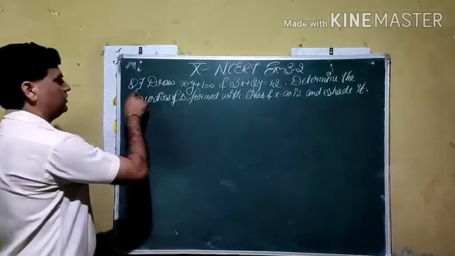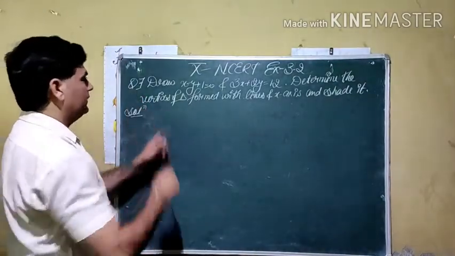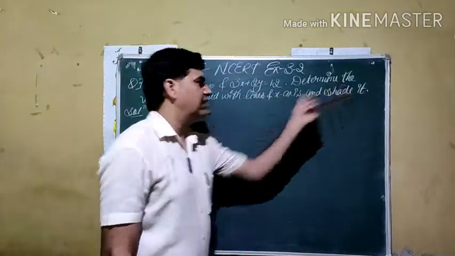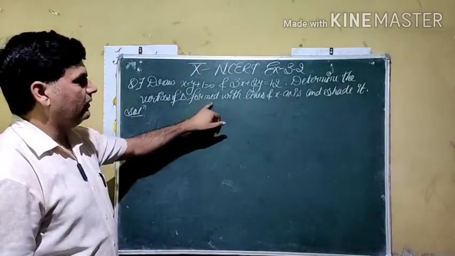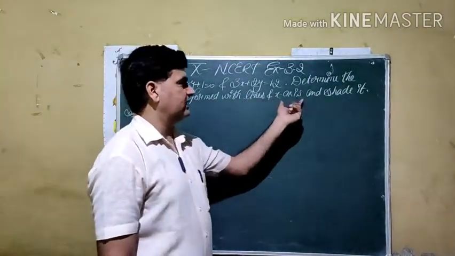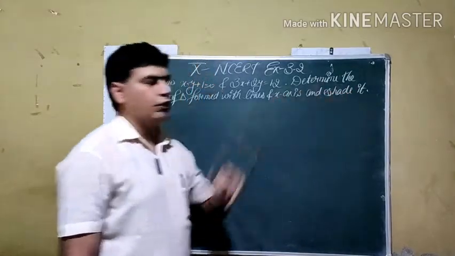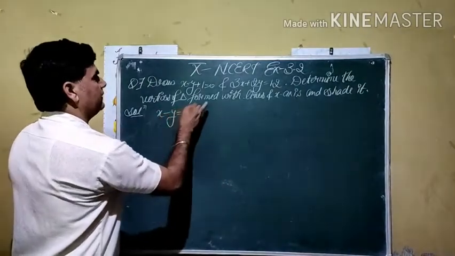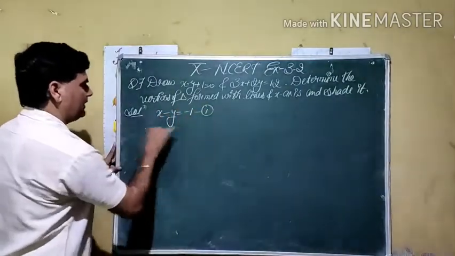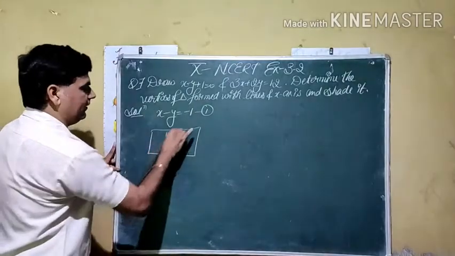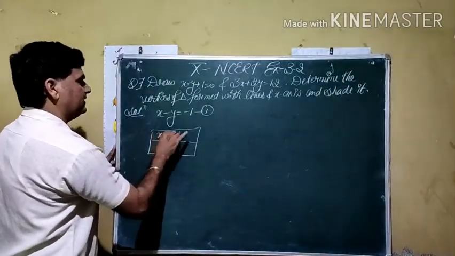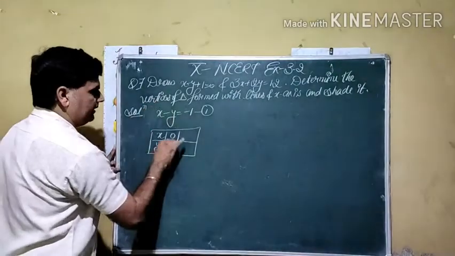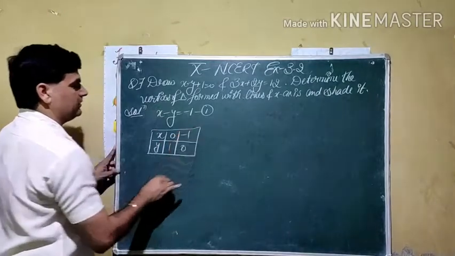Now we are going to do question number 7 of exercise 3.2. It is given: draw the straight lines on the graph paper and determine the vertices of the triangle formed with the help of two lines and the x-axis, also shade where we obtain the triangle. If you see the solution, for the first equation, we shift the constant term to the right hand side and make a solution table. If we put x as 0, this term becomes 0, minus cancels out, and y becomes 1. If you put y equal to 0, x comes out -1.